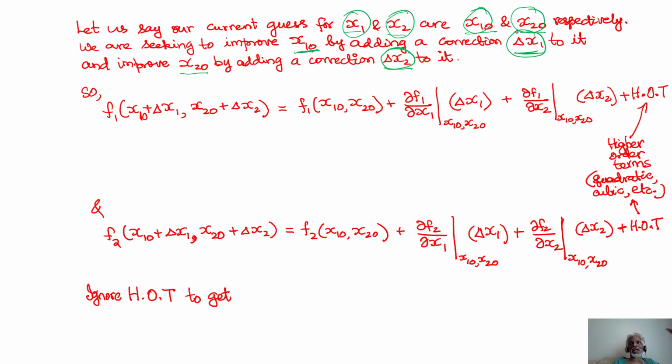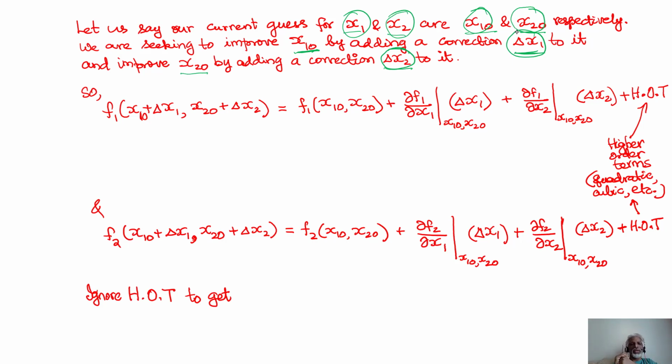And what have I learned so far? I know how to solve systems of linear equations through decomposition methods or iterative methods or direct methods. So I'm going to set up a problem like we did for a single nonlinear algebraic equation. I'm going to set up a problem where things become linear in delta x1 and delta x2. Of course, the corrections will not be perfect. That means I would not reach the answer after one correction because the system is nonlinear and I'm using a linear approximation to guess the better answer to the problem. Therefore, to take care of that inefficiency, I have to iterate multiple times in order to reach the answer to the problem.